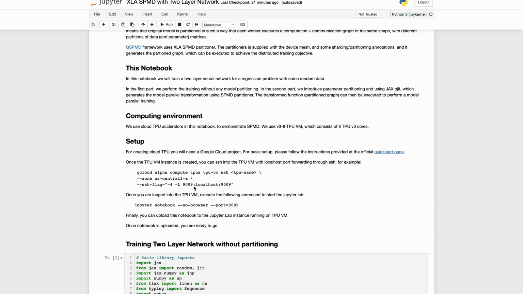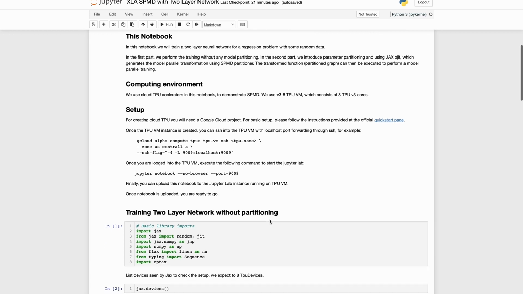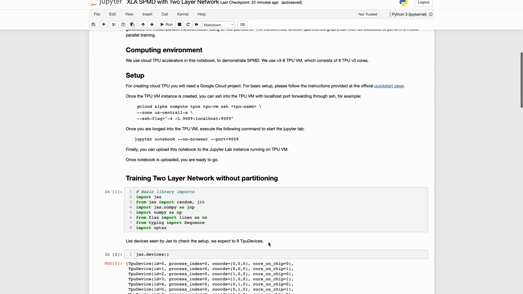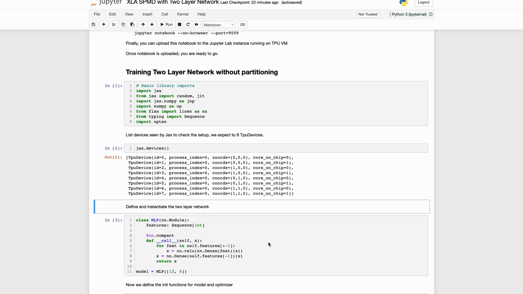Once you have SSHed into your TPU VM, you can then start your Jupyter Notebook service at port 9009, and then you can access this at localhost:9009 from your own browser. Once your Jupyter service is running in your browser, you can then upload this notebook and start your experimentation. In the first part, we show the training without any partitioning.